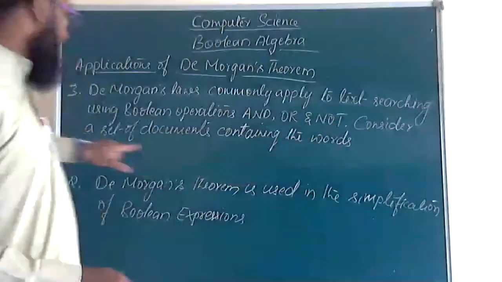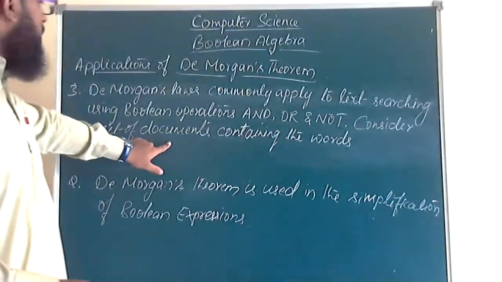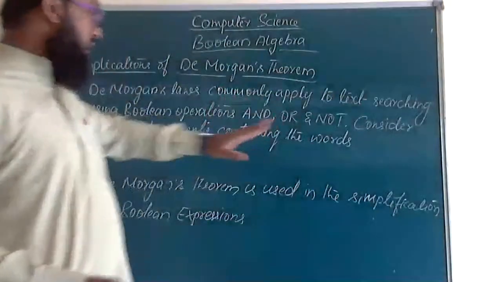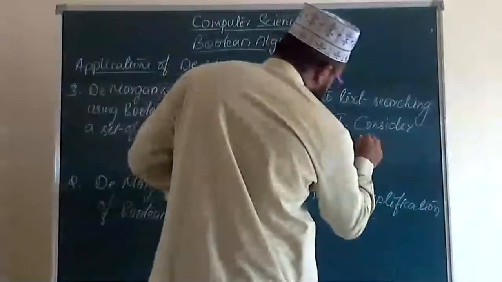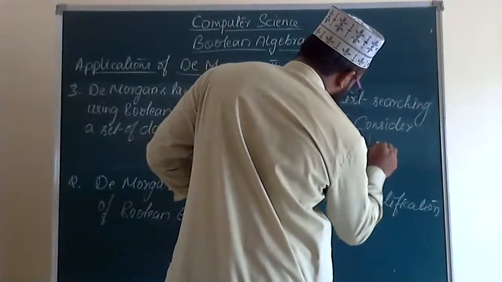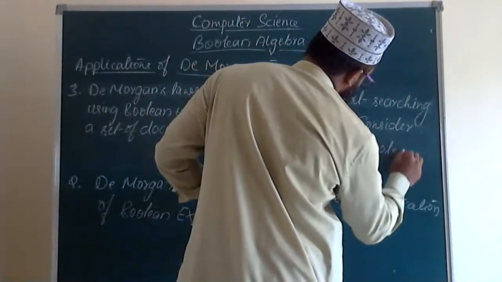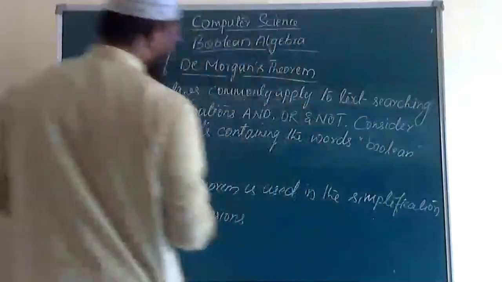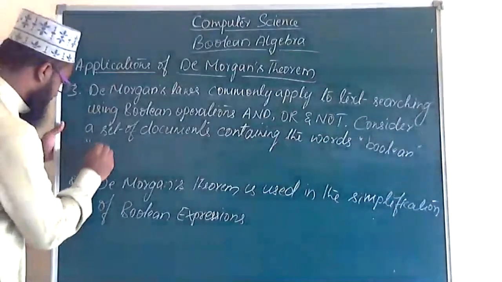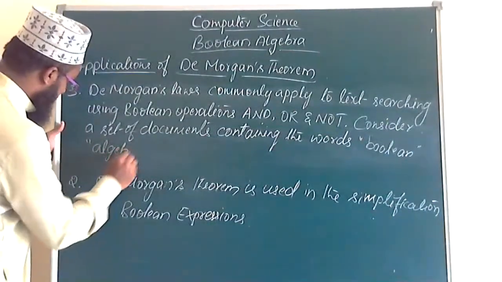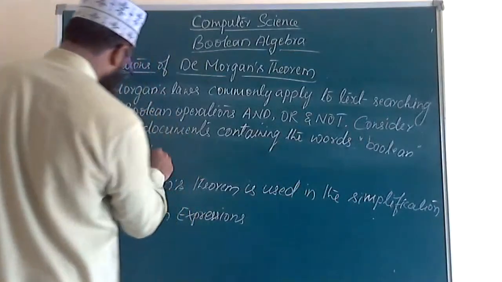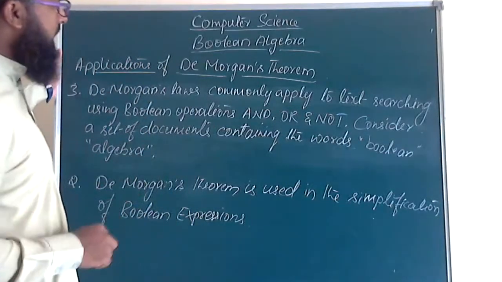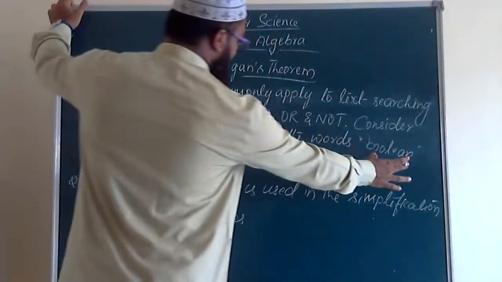A set of documents is there which contains two words. One is Boolean and the next one is algebra. So if you want to search Boolean or algebra,